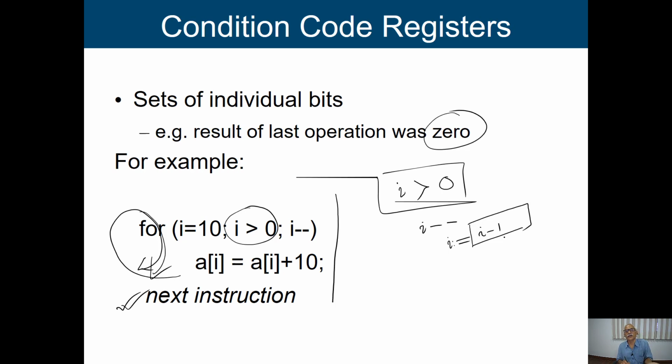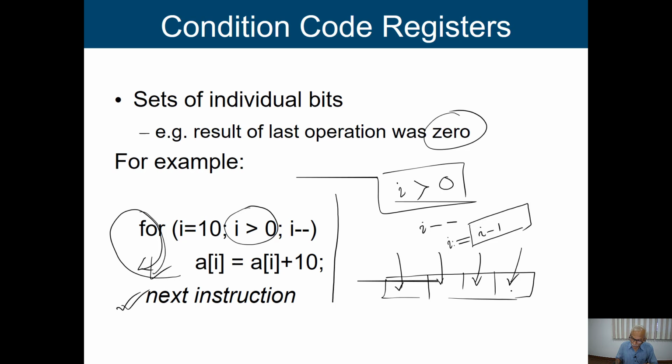Now I am talking about set and reset. From this you will know that to store those flag bits we need flip-flops, and if you combine some flip-flops together we say this is a register. In the case of 8-bit registers, I am having 8 flip-flops. Now when we talk about a condition code register, and say I am having some bits, then these bits can be set or reset independently. So this is the individual bit.